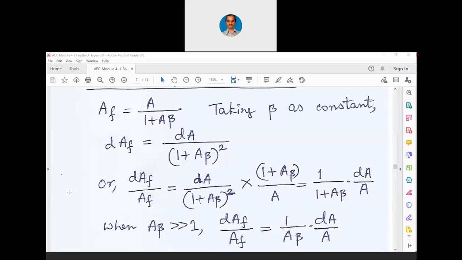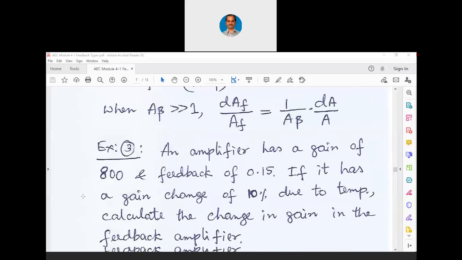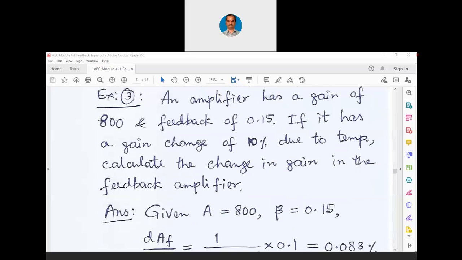Let us see an example for this particular expression. An amplifier has a gain of 800, that is capital A is given as 800, and feedback of 0.15, that means beta is 0.15. If it has a gain change of 10% due to temperature, calculate the change in gain in the feedback amplifier. Now given A is 800 and beta is 0.15 and there is a gain change of 10% due to temperature, that means this capital A is going to change by 10%. Let us find out the change in